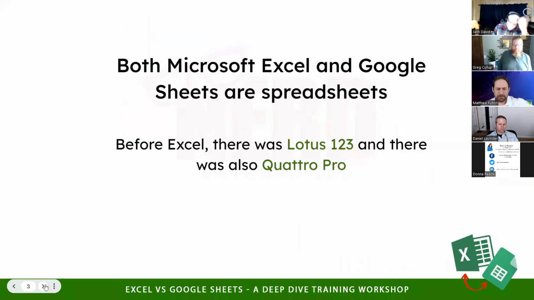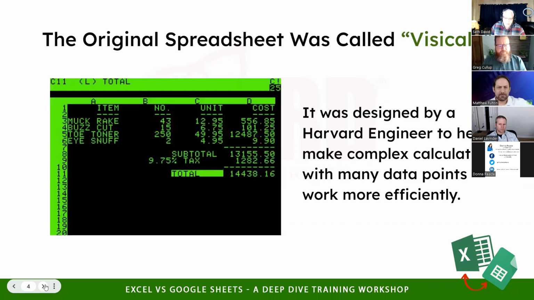Before Excel, there was VisiCalc originally, and there was Lotus 1-2-3, and then Corel, the company that made WordPerfect, also came out with Quattro Pro, and that was their clever marketing to pick up where Lotus 1-2-3 leaves off, as in Quattro, number 4. Surprised that wasn't a lawsuit at some point. But anyway, this is what VisiCalc looked like. It was in the DOS version of, well, there was no Windows. That's funny. But this is what it looked like.